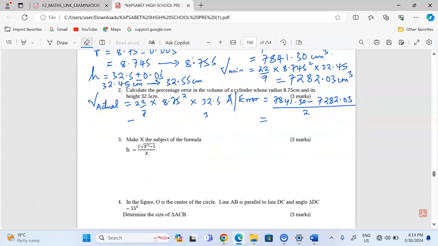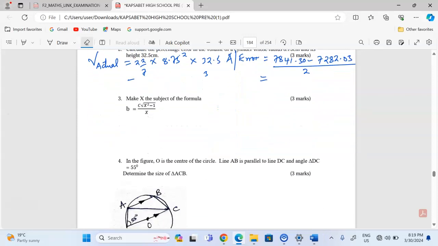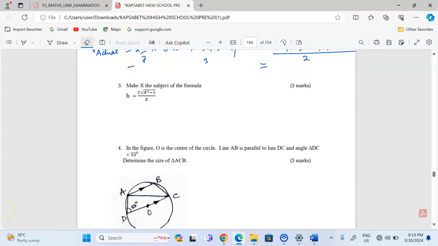We are already in number 3 and I'm going to solve it in this lesson together with number 4. Make x the subject of the formula. So we have a formula given here and we're going to change the subject of the formula from b to x. So allow me start by